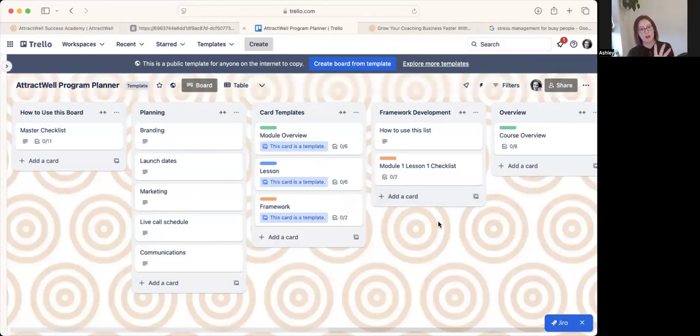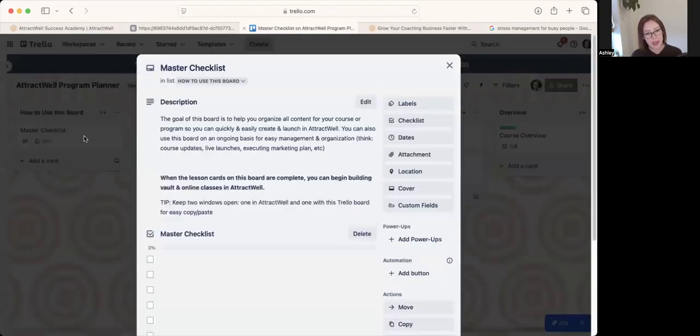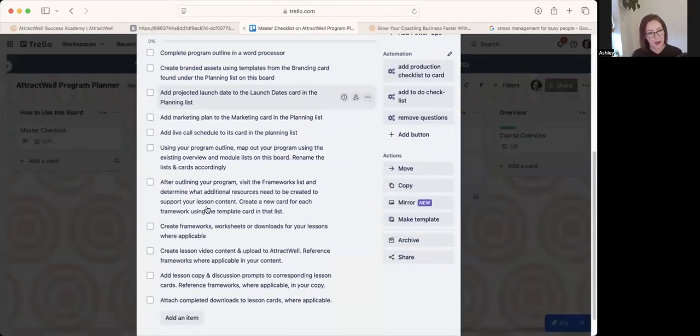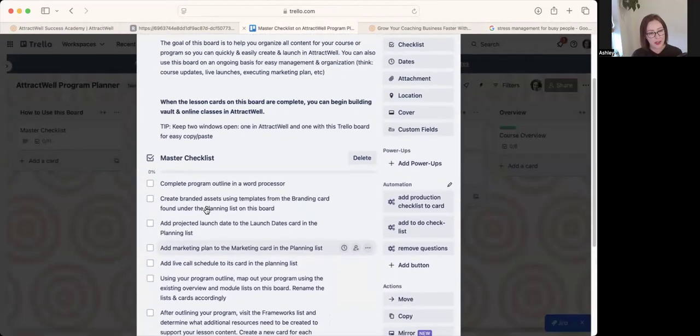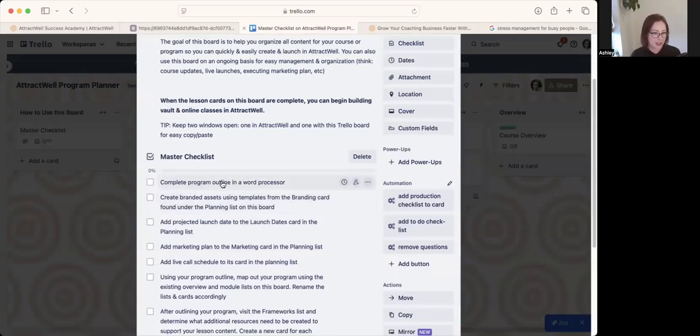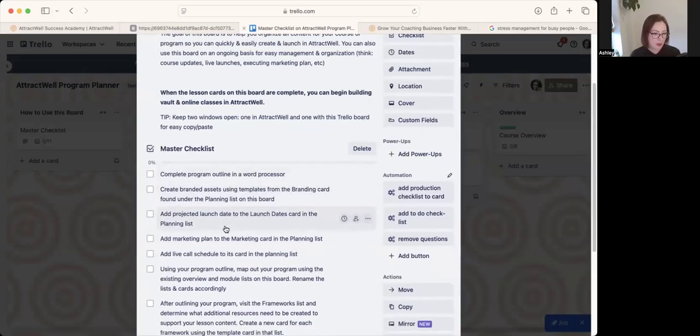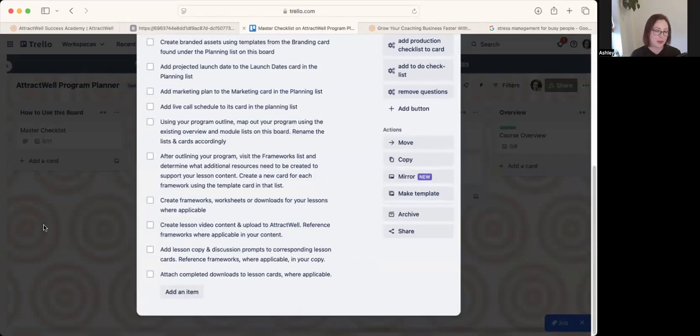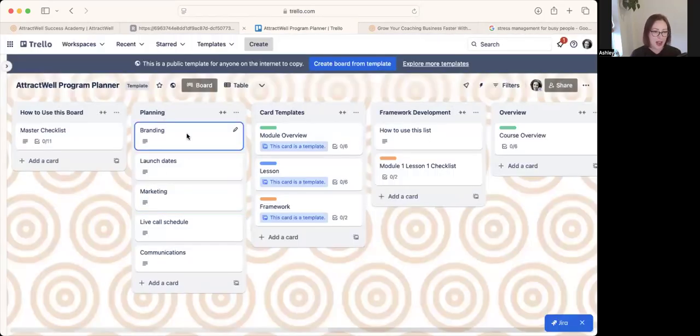So this is for mapping out what you are offering. We have a master checklist here where I give you all the steps that I recommend following, beginning with outlining your program and then moving into branding and all these other things. So we've got a master checklist for this. We've got